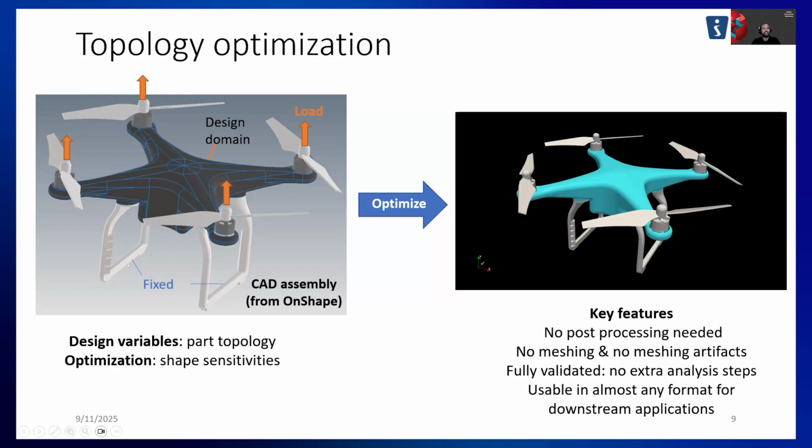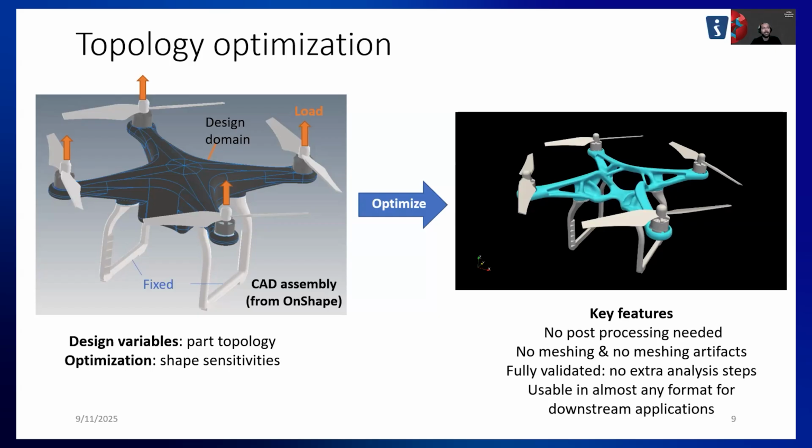The boundary conditions here are: it's fixed on the bottom, and there are some loads applied here. For us to simulate it, you need to consider the entire geometry, but users just want to optimize one single part in the assembly, right? Our framework allows you to do that because we couple geometry and simulation. The simulation grid is used for the entire part, but the geometry grid is only used in this design domain part.